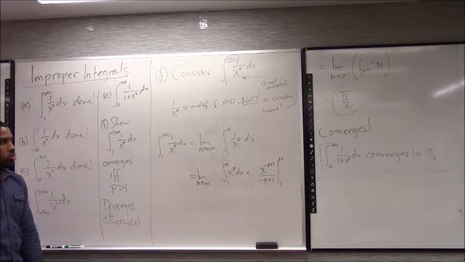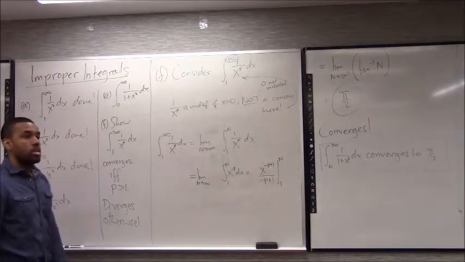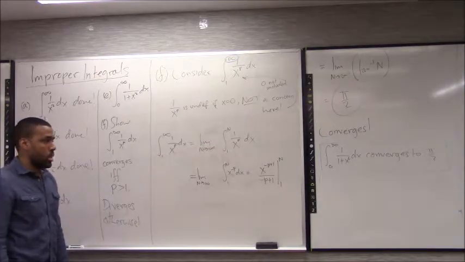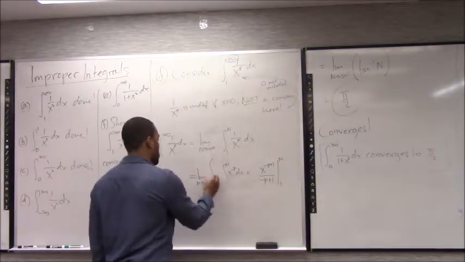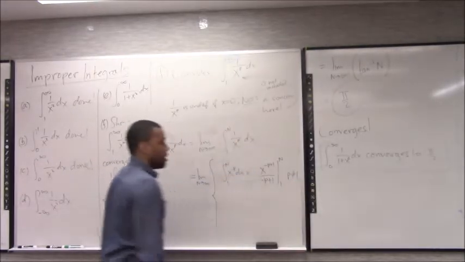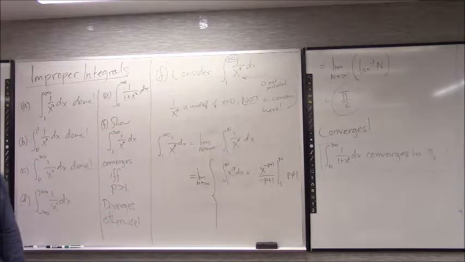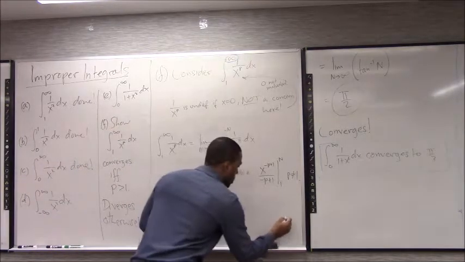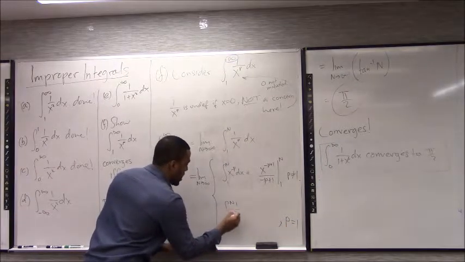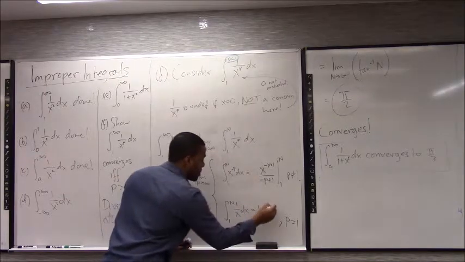If your p is 1, let's say pretend p was 1, what would I have? It'll just be 1 over x. How do we integrate 1 over x? ln. So there are actually two possibilities here. If our p is not 1, then I would just bring it up and use the power rule. But in the case that my p is 1, it's just the integral of 1 over x, which I know is going to be ln of x.